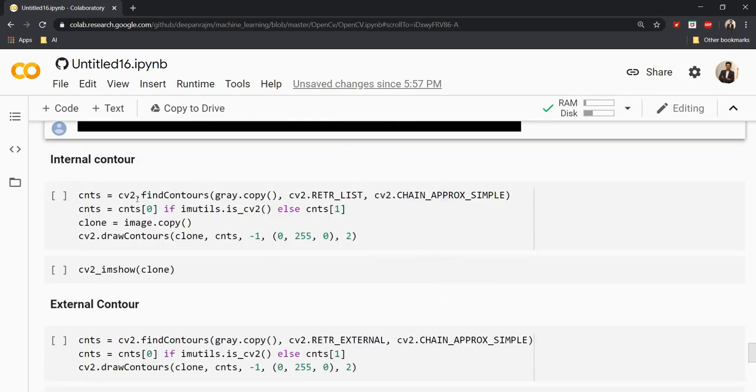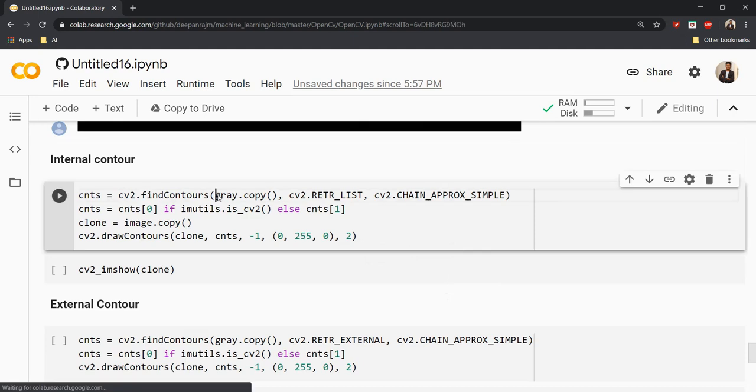I'm going to use the function cv2.findContours. I'm just making a copy of my image, and then I've given the flags cv2.RETR_LIST and CHAIN_APPROX_SIMPLE. There are a lot of approximation techniques because we need to find the connected components. For that, the best approximation technique that can be used is CHAIN_APPROX_SIMPLE. RETR_LIST will retrieve all the components which have been detected by the contours. In that way, I'll be getting all the contour components in this cnts.